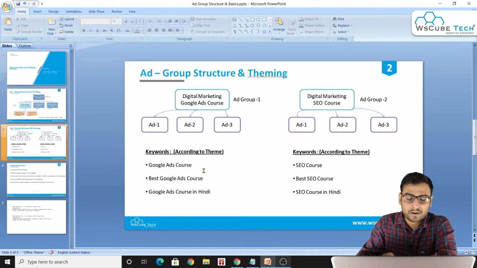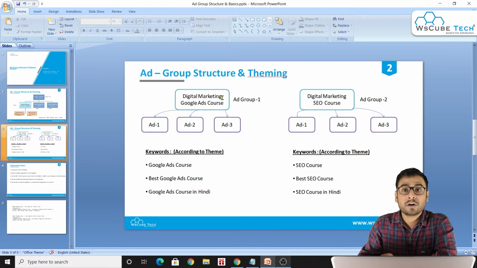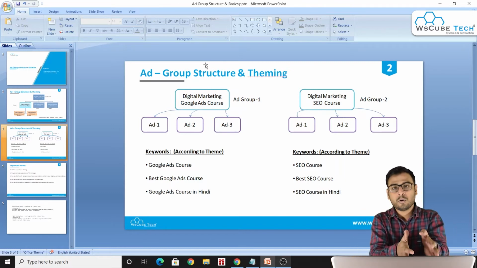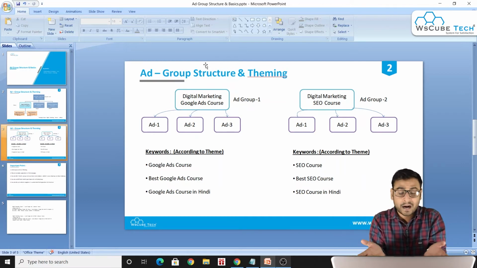That is why we are keeping all these keywords in a single ad group, that is digital marketing Google Ads course. And the ads that we will be making within this ad group, as we already know, an ad group is a collection of similar kinds of keywords, and it is also a collection of ads. So whatever ads we create will be within that ad group only, and the scope of those ads will be within that ad group only, right?